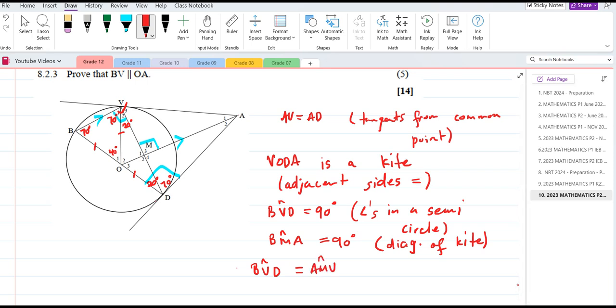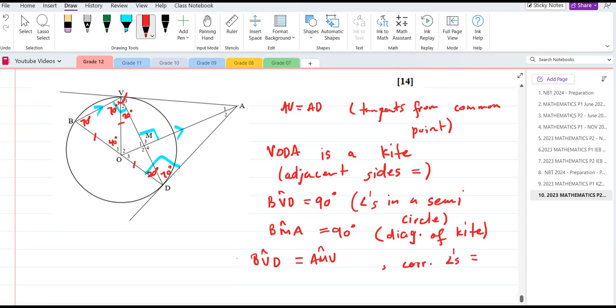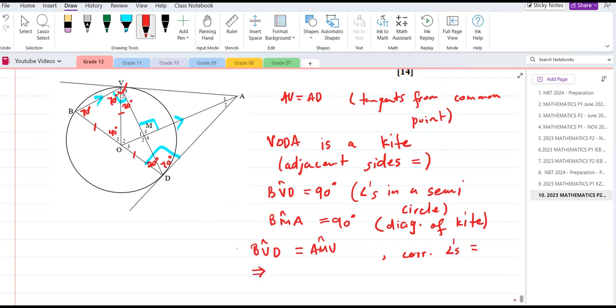Right, because you can say anything here now. You can even say angle M2 is 90. So what we have now is corresponding angles equal. This implies that BV is parallel to OA. Is that what we wanted? Yes, we did. Right, so for any other methods, any other approved methods, obviously your geometrical reasoning, you can also